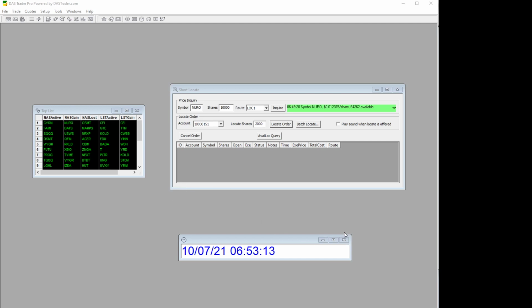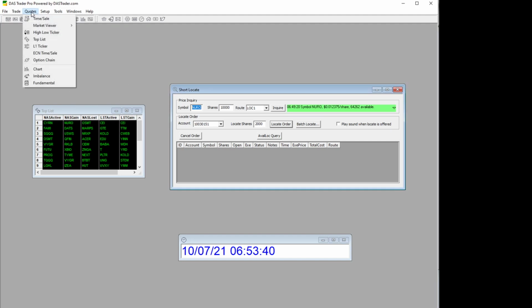So to start off, it is 6:53 in the morning market time, and basically this is how I start my routine. I start my day with the Top List, which is a free scanner in DAS. I don't believe in paying for a scanner. We post it in chat every few minutes, so save your money there. You can either use the free scanner here, or you can just look in chat and someone's posting it every few minutes or so. To access this, all you do is go to quotes and then just hit Top List,